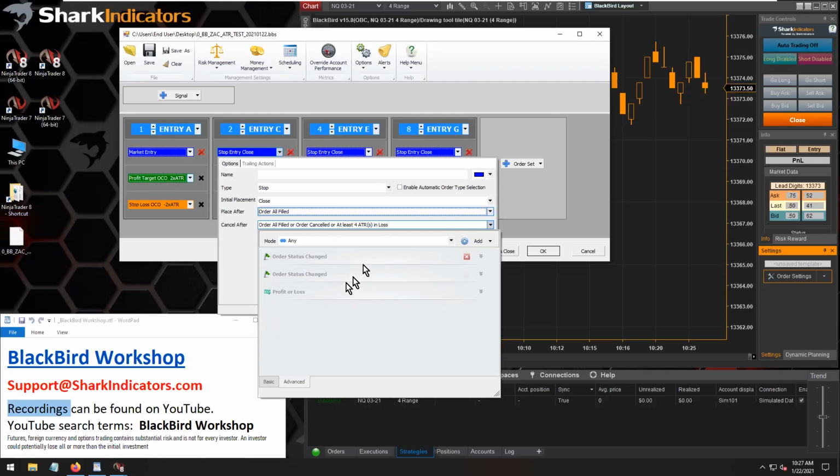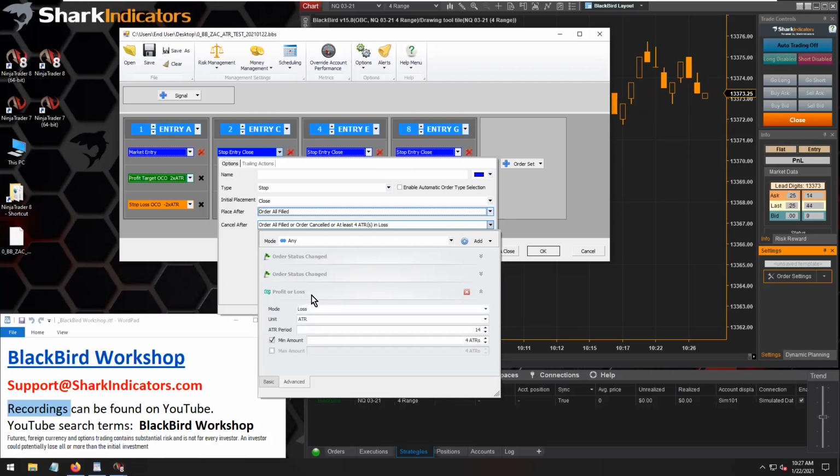That makes sense. Now, what's in question here is this other rule, which is this profit or loss. So if there is a loss of 4 ATRs, so if the market moves against the trade and generates a loss of 4 ATRs, then that's another trigger condition, or another rule, that will cancel the entry order for C. But again, if you think about this logically,